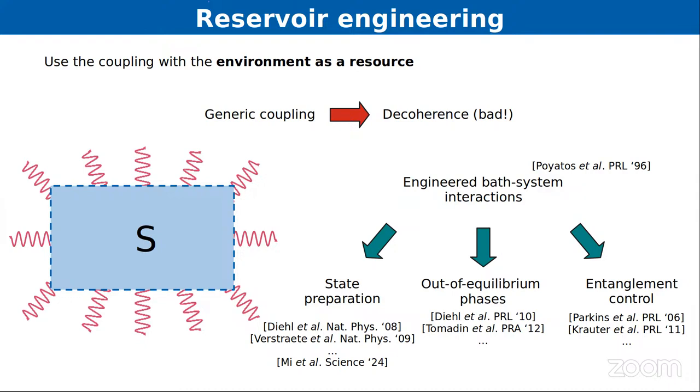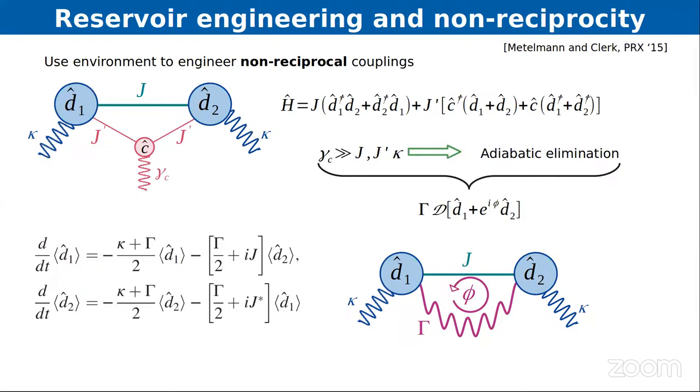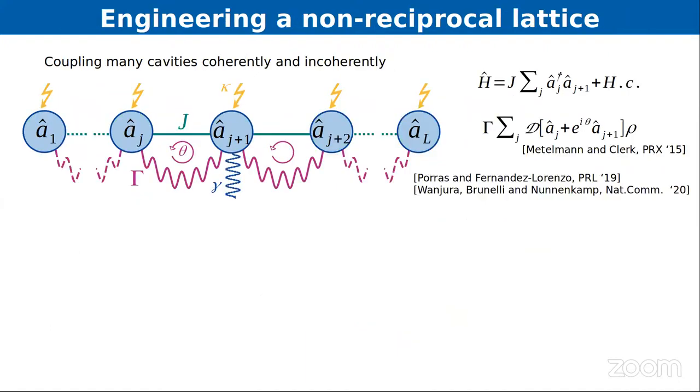And in particular, this latter subfield is very interesting because out of equilibrium we are allowed to study phenomena that would be forbidden in equilibrium, such as the breaking of the action-reaction rule in non-reciprocal systems. So how can we implement some non-reciprocity within a system that interacts with its environment? This goes back to the seminal paper by